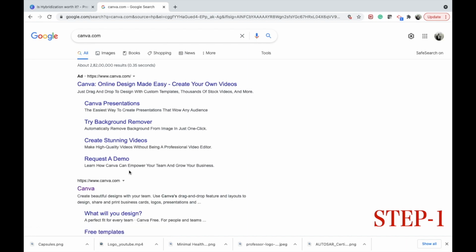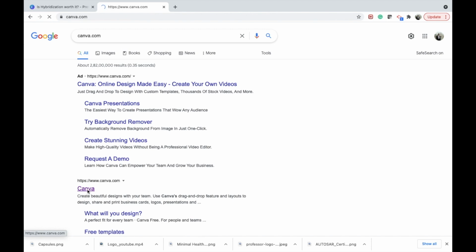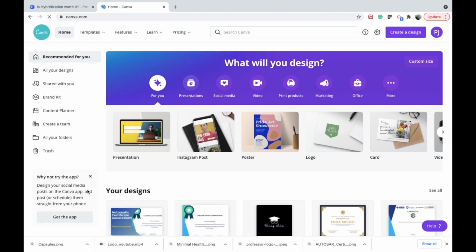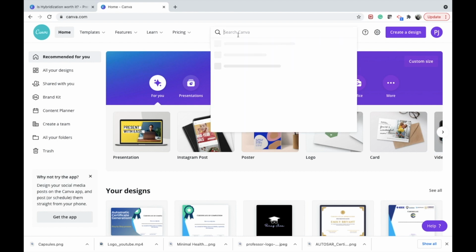Once you select canva.com, you can see that the first option that comes down is Canva online, or www.canva.com. You can just click on that. Canva is one platform where we have a lot of free templates available which can be used for generating certificates or any other thing that we want. So here we can just search for certificate,